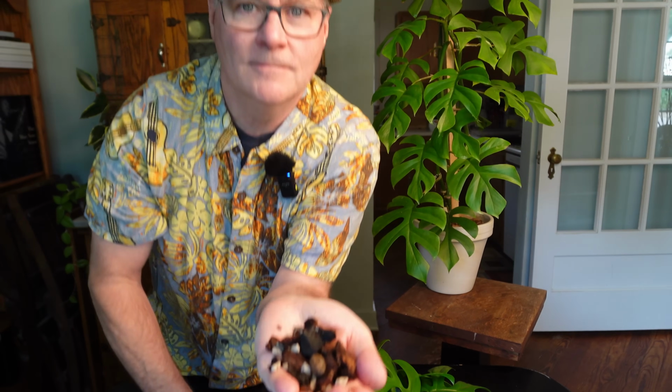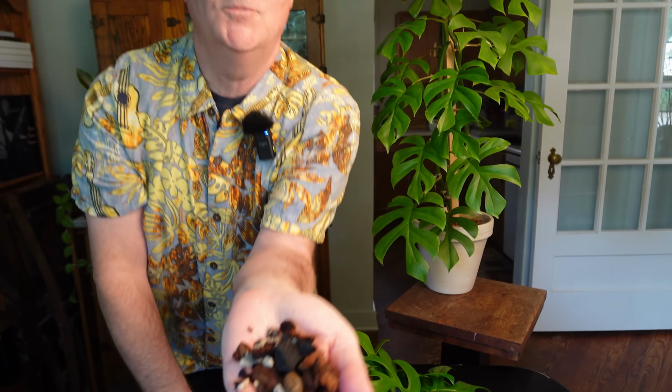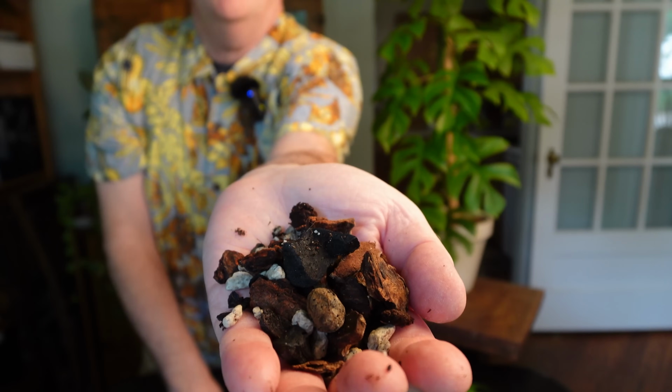is way too chunky, and obviously more towards the bottom there's more cocoa coir, but I went a little nuts on this one, so I have to water it every maybe 6 days. For me that works. I would rather err on that side, because when winters come I don't